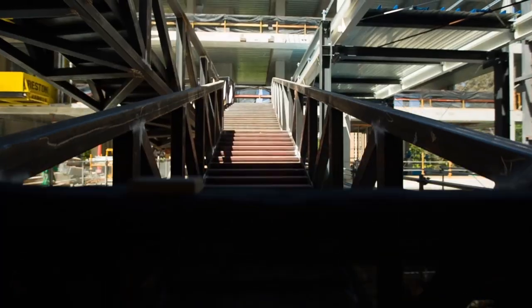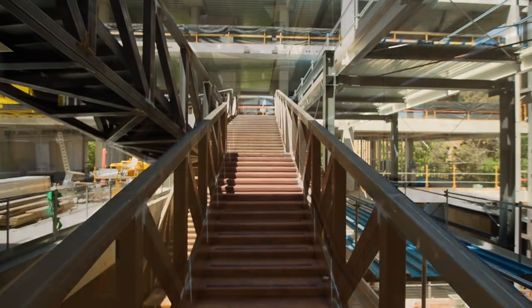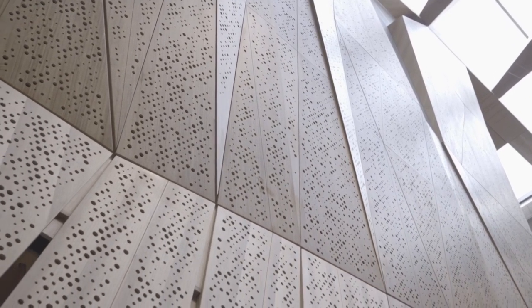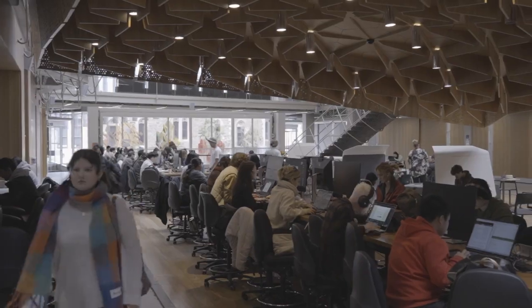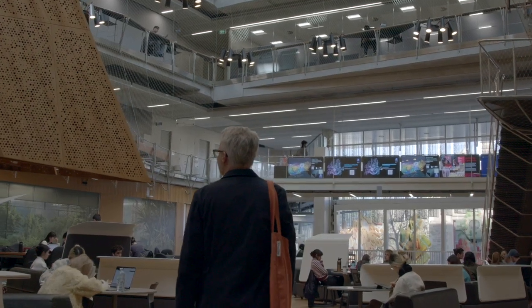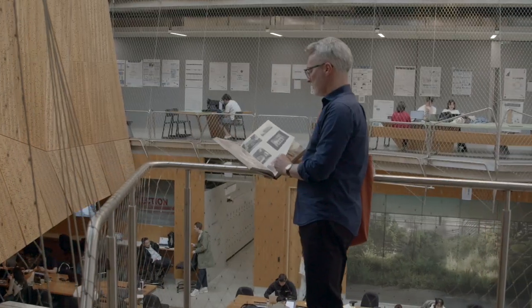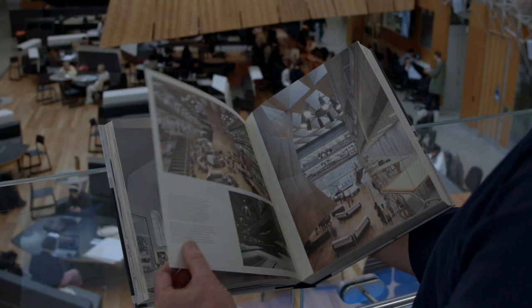So those four pillars in a way guided us, and we responded to those really clearly and specifically for all the different design ideas that we then explored. This is a building which is about many ideas. There's this space here, which is the main atrium space. As a live teaching space, we really wanted to make sure that there was a lot of flexibility for students